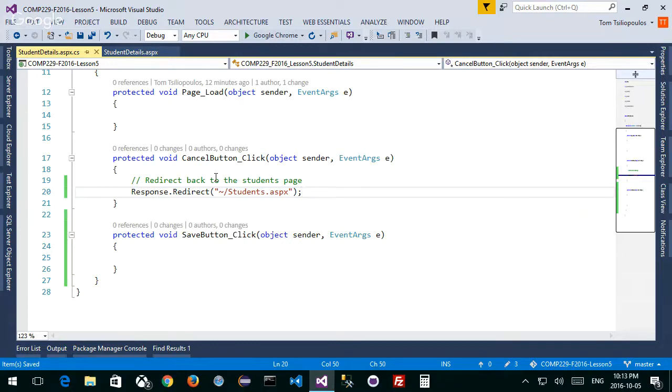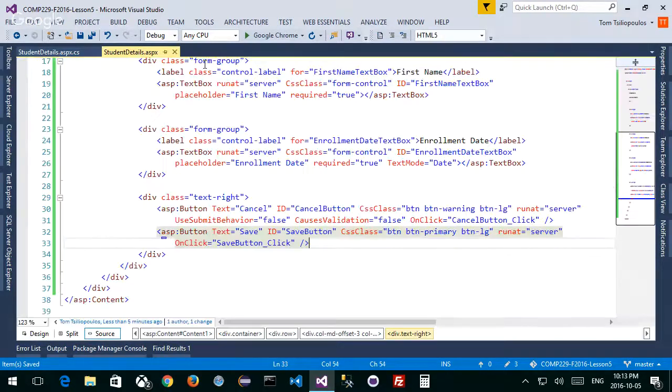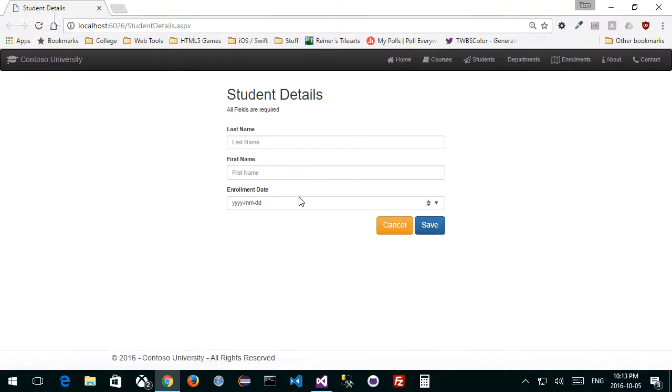That's all it's going to do. It's not going to post anything to the page. It's not going to delete anything or add anything. It's going to go back. Let's check that out and see if it works. I'm going to go back to this page, press play, right? And if I click on cancel, it's going to take me back to the students page, right? Let's see if that works. Again, I'm testing as I go to show you, not because I want to waste time.